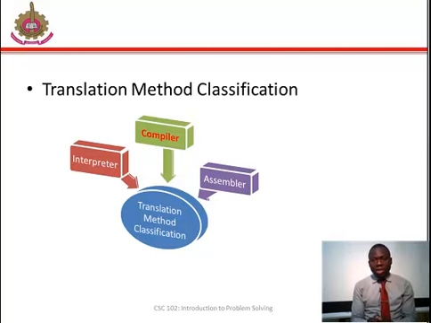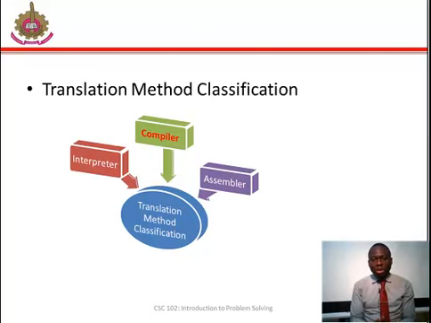The second translator is a compiler. Unlike an interpreter, a compiler translates an entire program into machine language before the execution of the program. A compiler usually translates the source program into another program called the object program, which is the machine language version of the source code. With the object program created by your compiler, you will never use the source program again, except when you want to modify it. Generally, a compiled program runs faster than an interpreted program.